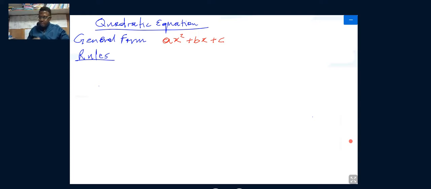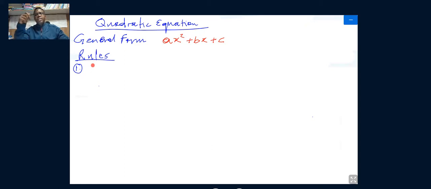The rules. There are 3 rules. When we were working with linear equations, I also spoke about the rules. When we were working with algebraic expressions, I spoke about the rules. And now, I'm talking about the rules for solving a quadratic equation. Let us start. So, rule number 1,